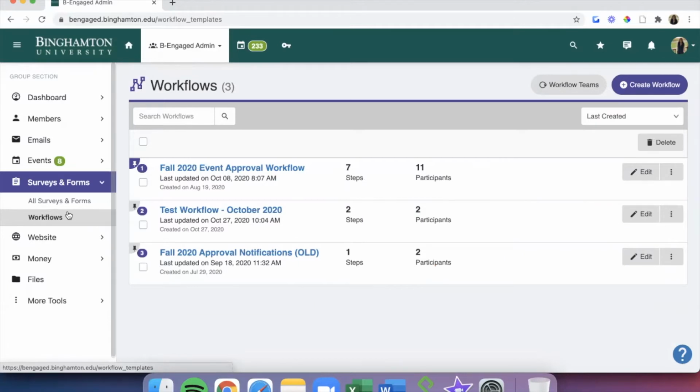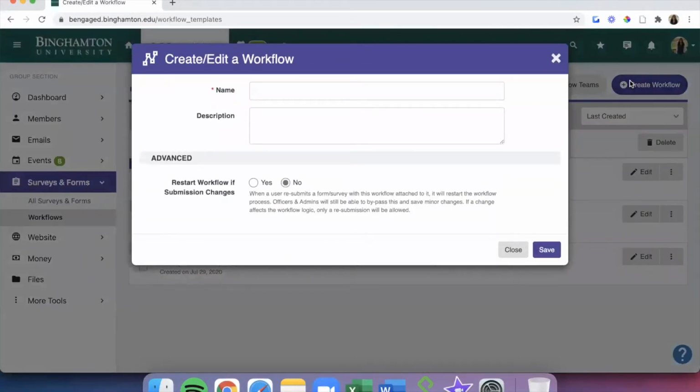To get started, click the purple Create Workflow button at the top right of your screen. There will be a purple pop-up that appears entitled Create/Edit a Workflow.